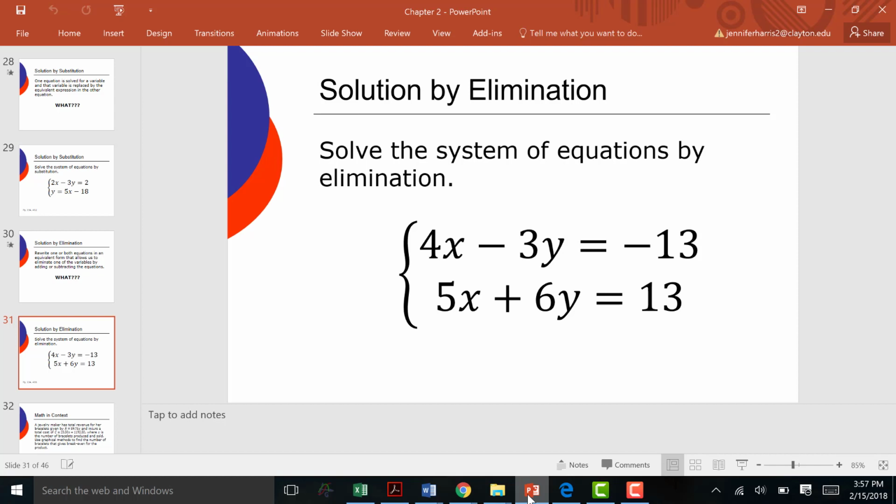-20, and what's 4 times 5? +20. Then what happens? All of my x's get eliminated. So you see what it is? Whenever you decide, and you can do this every single time, if you want to use the elimination method, you're